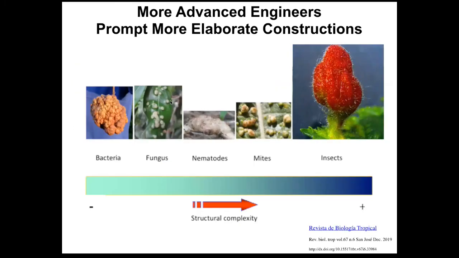But what we do know is that more advanced engineers produce more elaborate constructions. So bacteria make these kind of featureless blobs, fungi do something similar. Nematodes are starting to do a little better. There's some kind of non-trivial structure happening here. Mites do the same. By the time you get to insects, you get these incredible constructs. So clearly the space of possibilities is far wider than the genomic default, than the thing that we see all